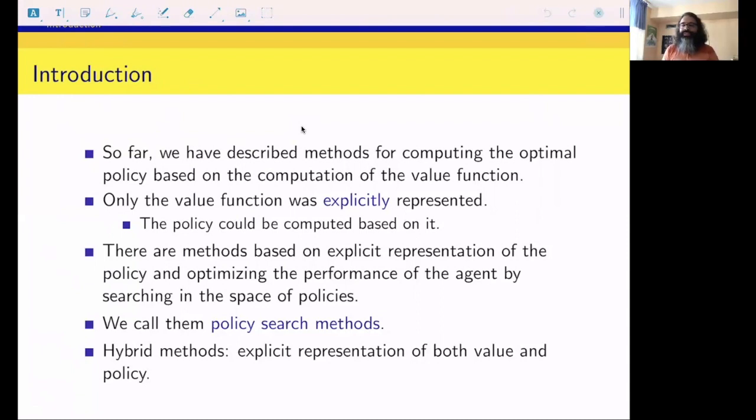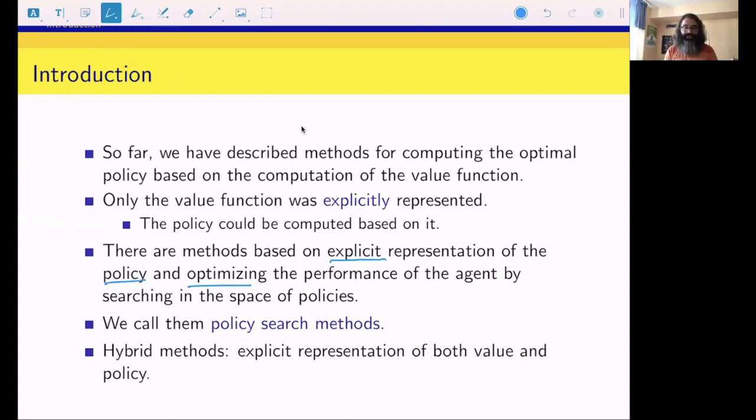That was a good idea because we know value functions have a lot of nice properties, like the recursive properties through the Bellman equation, which allowed us to compute them in efficient ways. But there are other methods that are based on explicit representation of the policy, and then optimizing the performance of the agent by searching in